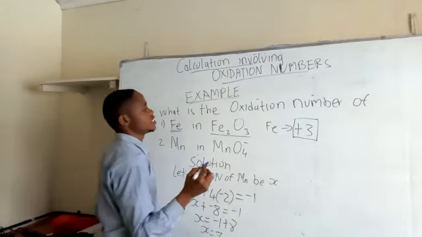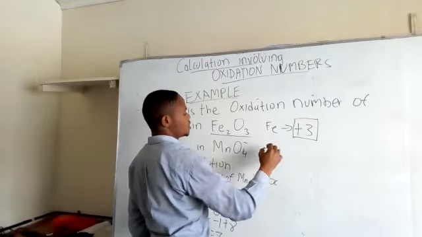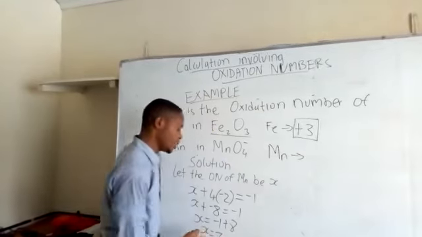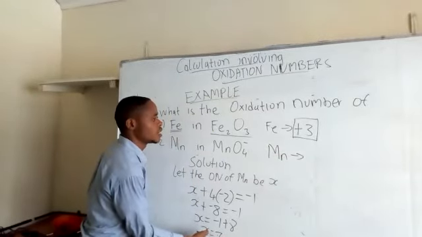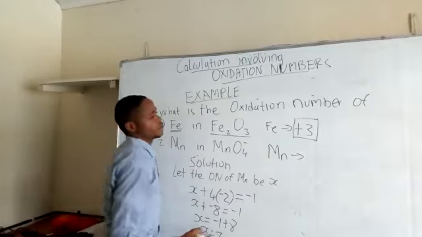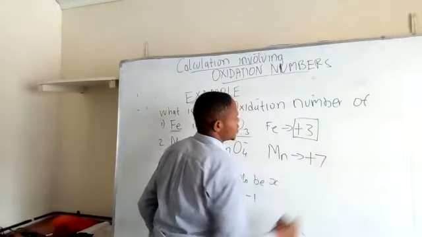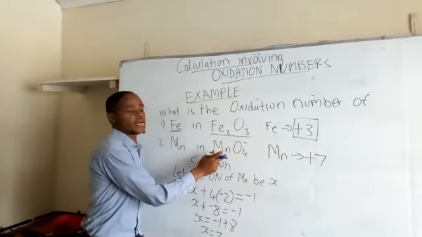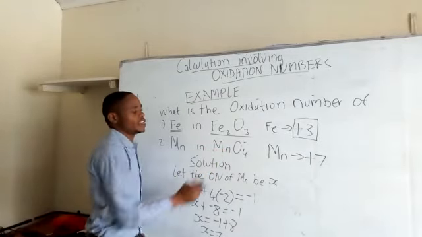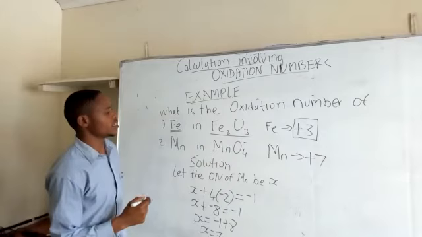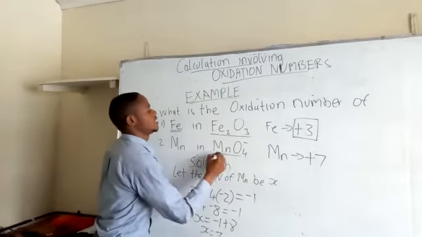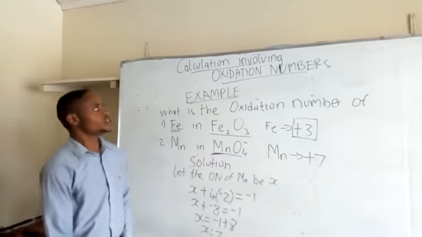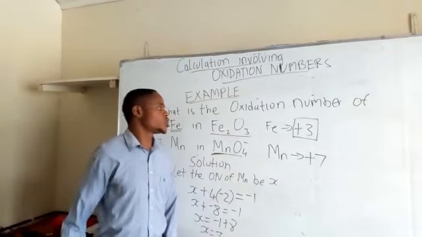So the oxidation number of our manganese here therefore is positive, because we've gotten a positive value there: manganese 7. So actually this is manganese 7 oxide. This is manganese 7 oxide. Next we're going to look at